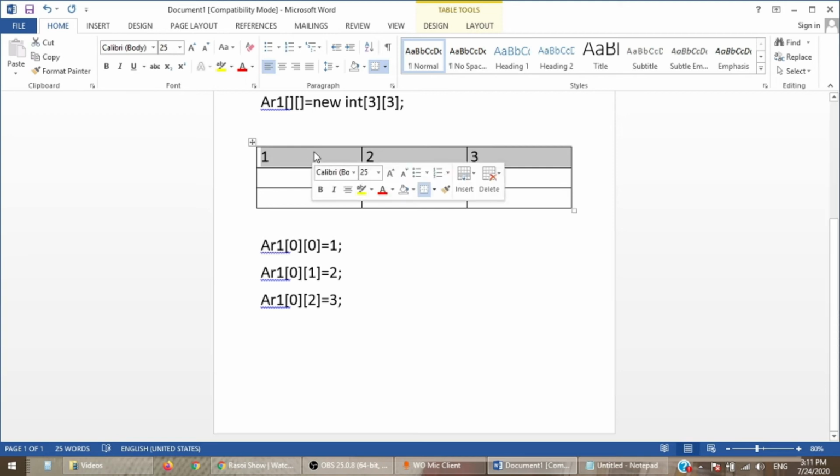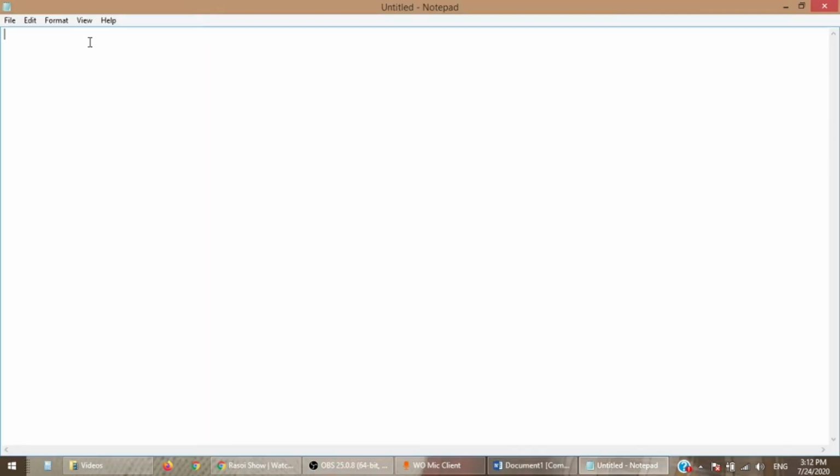Now let's see a simple program in which we will print values of array elements. First of all, let's declare a class. Then I will create my main method.